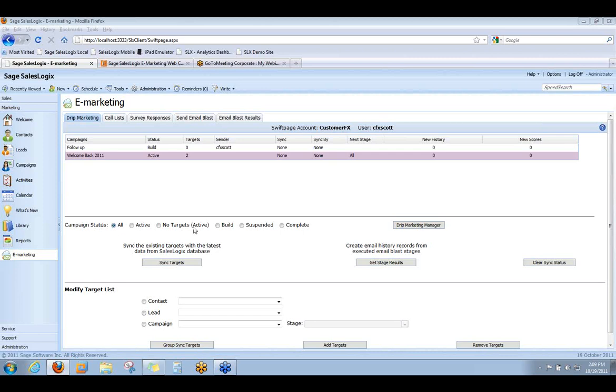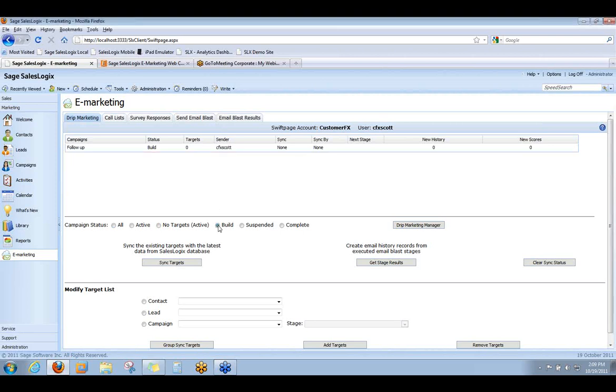So this campaign status is just a filter, and as you would expect, if I have all selected, I'm going to see all of my campaigns regardless of what their status is. If I, for example, click on, okay, I only want to see the ones in the build, you notice it dropped one off. And if I go to active, it shows the other one, pretty straightforward, and go back to all, we can see them all. You can also see a Drip Marketing Manager button, which we'll get to in a second here, but I'll stay